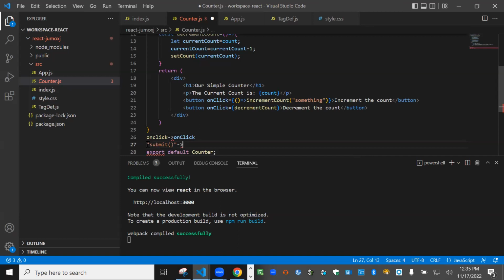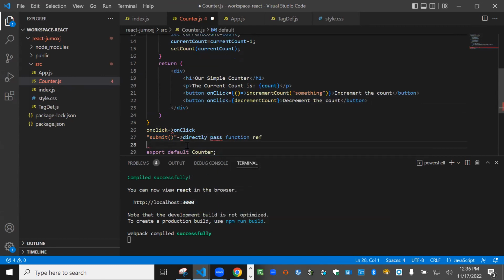The reason we were passing it as a string there was because we were writing it in HTML code. You cannot write JavaScript in HTML code. That's the reason we were doing it like this. But since this is all JSX and this is just JavaScript, we can directly pass the function. Third difference is never do